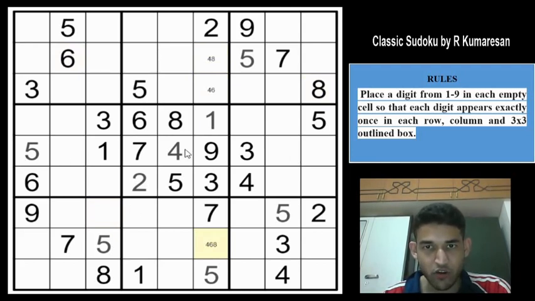Let's look at row 5 now because we have again 6 digits. 1, 5, 7, 3, 4, 9 are the filled in digits. Remaining digits are 2, 6 and 8, right? This cannot be a 6. So this is a 2 or 8. And this can be 2, 6 and 8 and this cannot be a 2 or 8. So this would have to be a 6. Great. So this cannot be a 6 now. So we get a 2, 8 pair, which is not really helpful because we have already filled in all the digits.